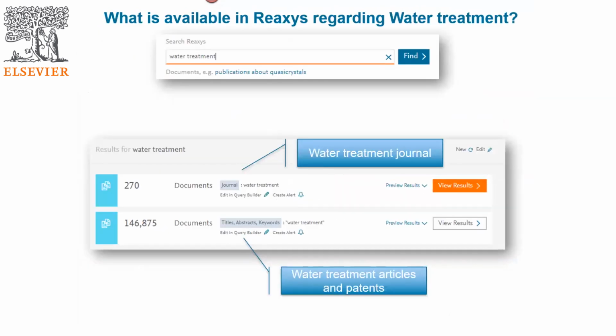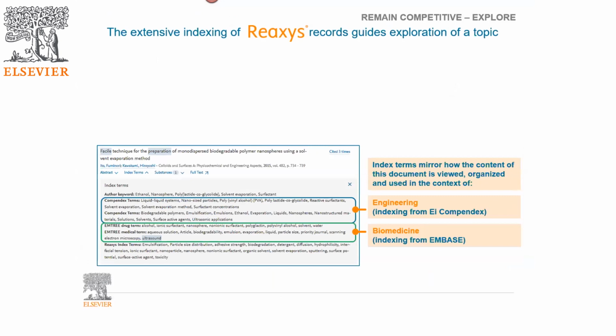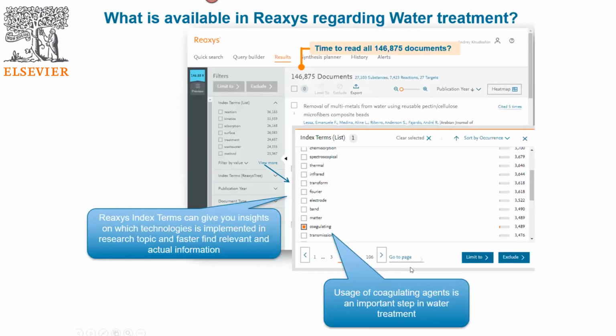What else have we not discussed? We can use Reaxys for water treatment, and I advise you to start from the literature search using Reaxys. So for example, you can type in the search "Reaxys water treatment". We already did this several times, so I won't show you how it looks. And we already discussed Reaxys indexing terms, which cover the engineering viewpoint, biomedicine viewpoint, and chemistry viewpoint.